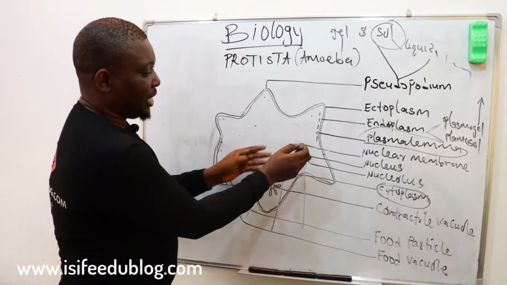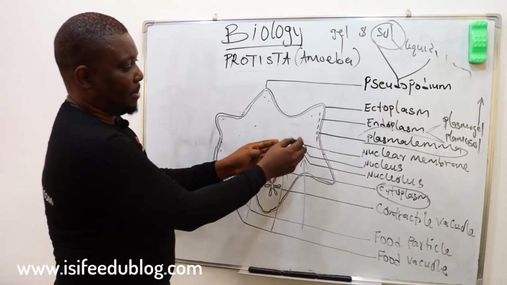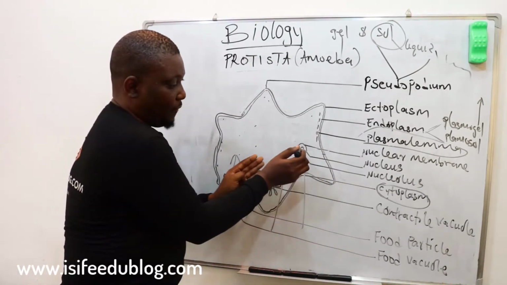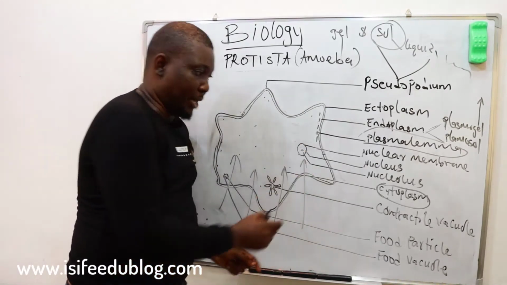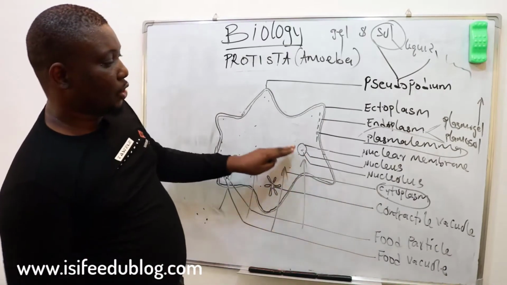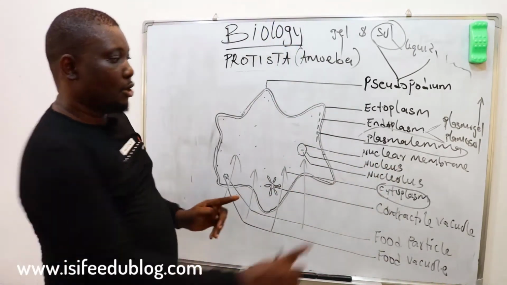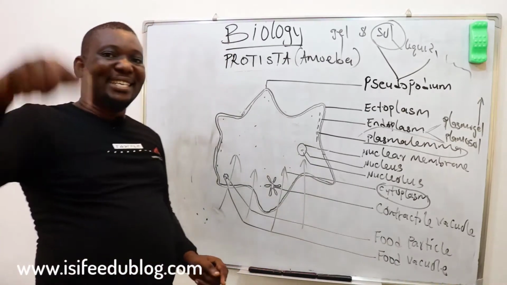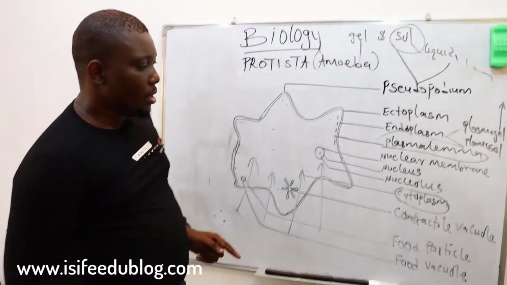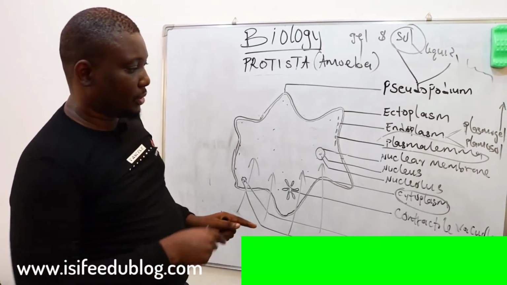And again, we have a nuclear body here, a nuclear material. Because of the presence of the nucleus, this organism is a eukaryote, because there is a cell membrane and there is a cell nucleus. So the nucleus here controls the activities of the cell. That's what it does. The nuclear membrane protects the nucleus. The nucleolus takes part in cell division. And the type of division in this organism is called mitosis, cell division.